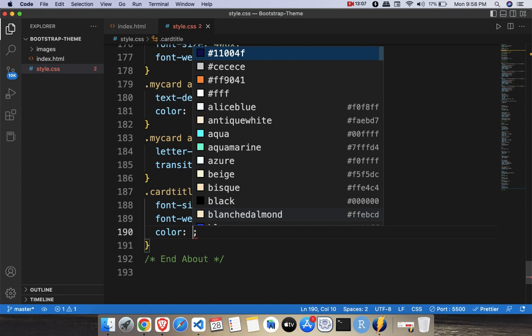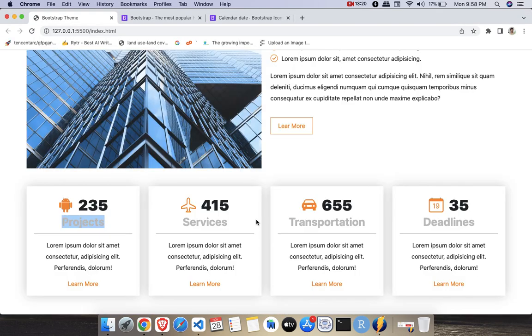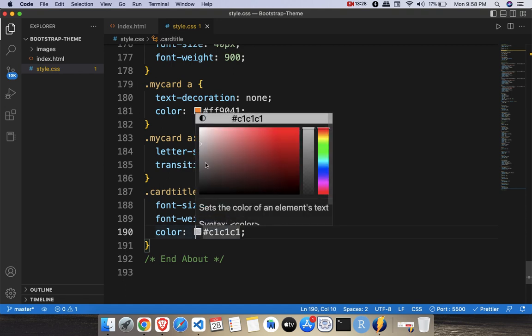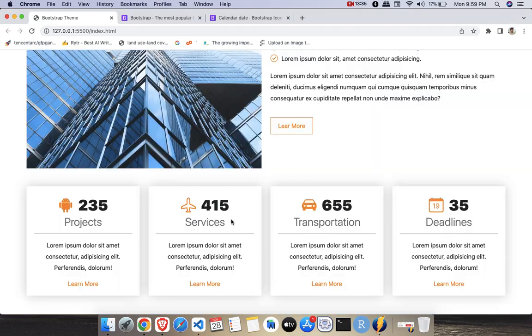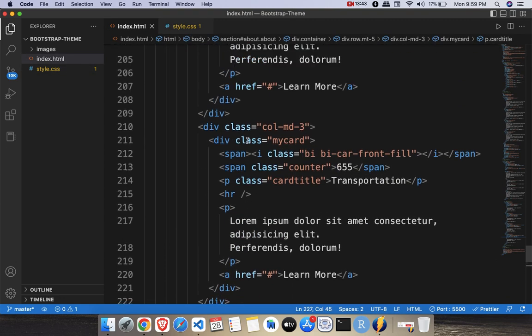So you can select hash C1 C1 C1, sorry, it is a variant of gray, and you can have that one also. This is up to you how you imagine your product and what color you want. You can change it to this little bit gray, and even you can have a little thinner one. Now it is looking good for me,